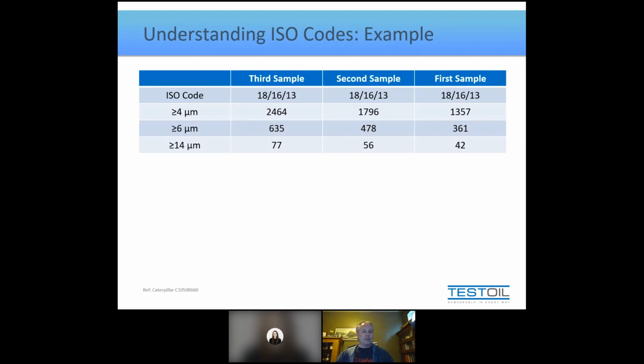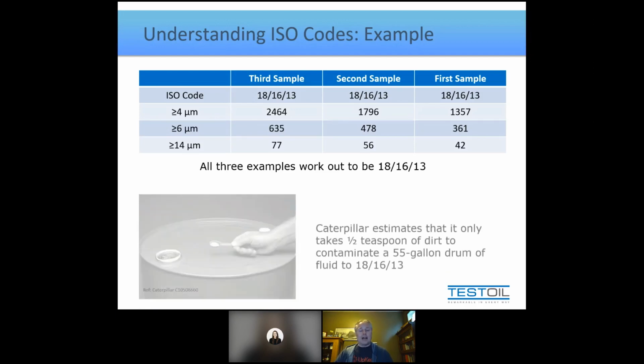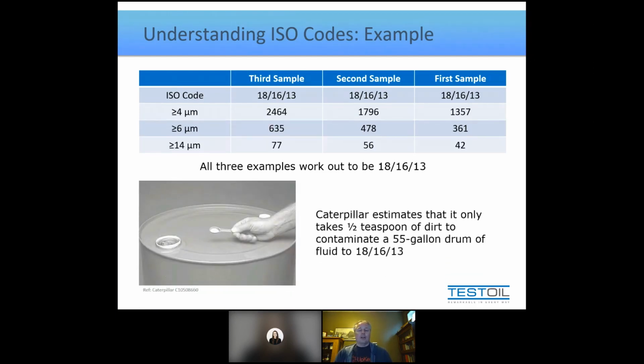So to help us understand that, let me show you this neat study that Caterpillar came up with, and it relates to all three of these being 18, 16, 13. What Caterpillar concluded was if you took an entire drum, 55 gallons, of oil and removed all the contaminants from it of an 18, 16, 13 particle count for the whole drum, you would total about a half a teaspoon of debris. So think about that for a second. That is essentially the size of one crushed aspirin, right? It's not a very big amount of particulate, but it's spread throughout the system. It would take an oil that was essentially at zero particulate all the way up to an 18, 16, 13 particle count.